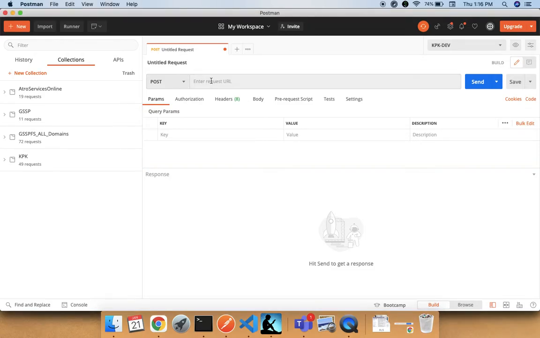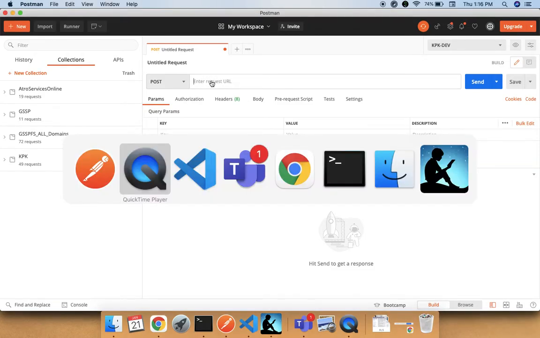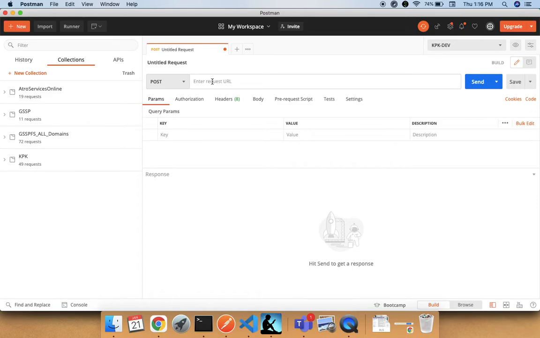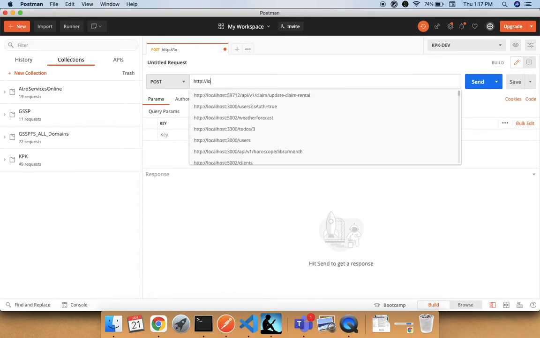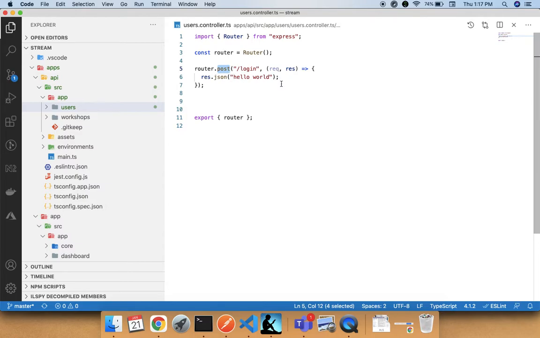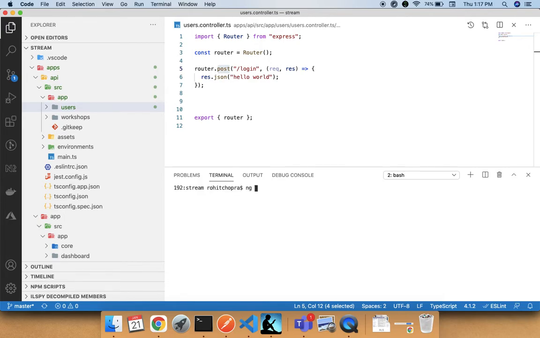Okay, so we are talking about the API endpoints, and we are creating this post method. So what I want here is, okay, so if I make a post request on localhost 3000 slash users slash login, I want this method to be executed. Okay, but let me start the app first, and the command is same, ng serve